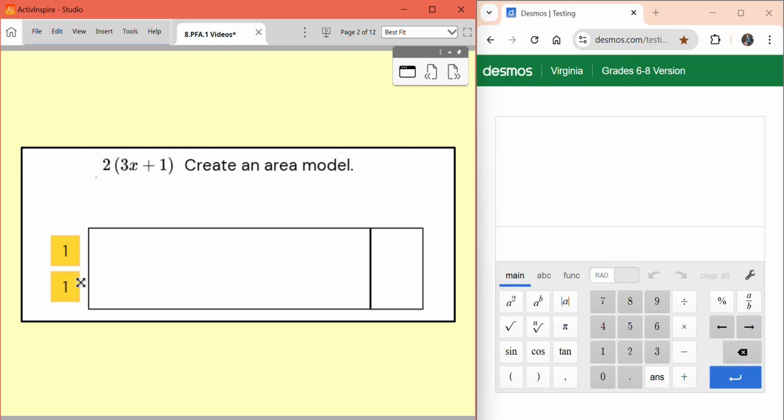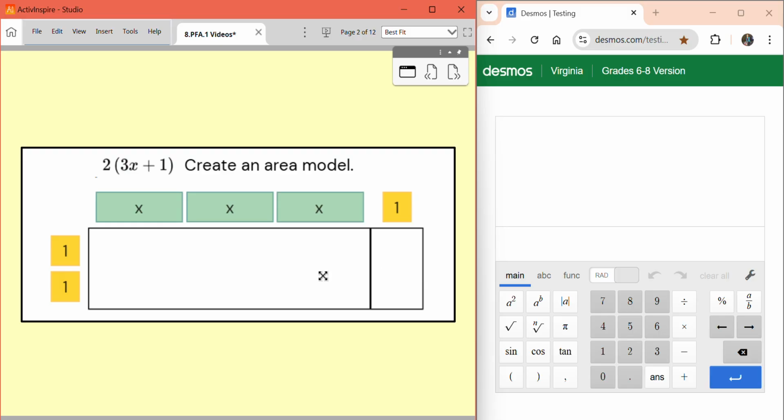That's telling me I need 2 groups. And then we're going to show the 3x plus 1 also using tiles. So we're going to use 3 of those green x tiles and 1 of those yellow positive tiles to make 3x plus 1. So now I've got 2 groups of 3x plus 1,